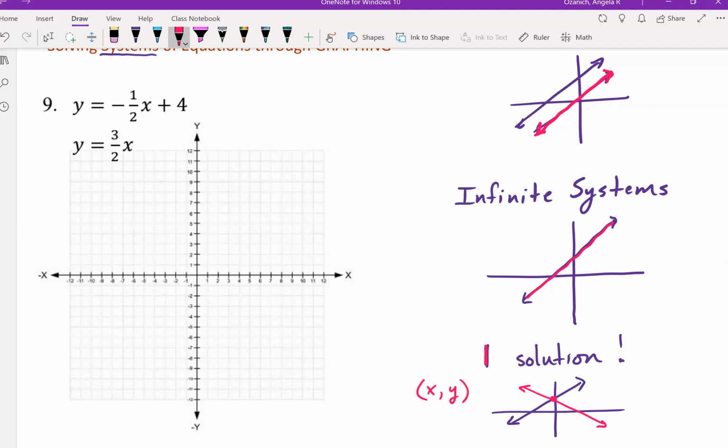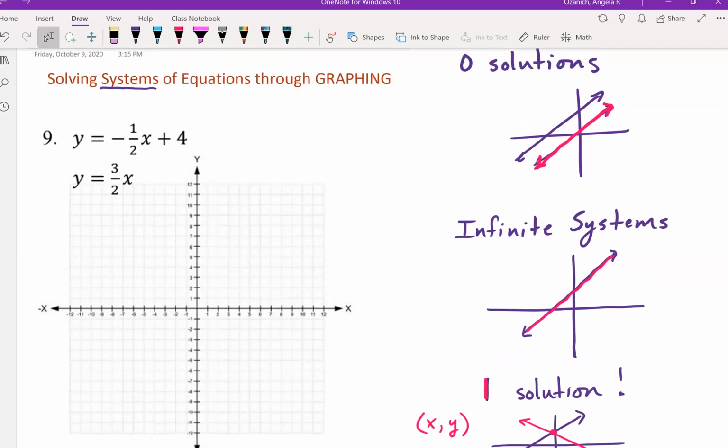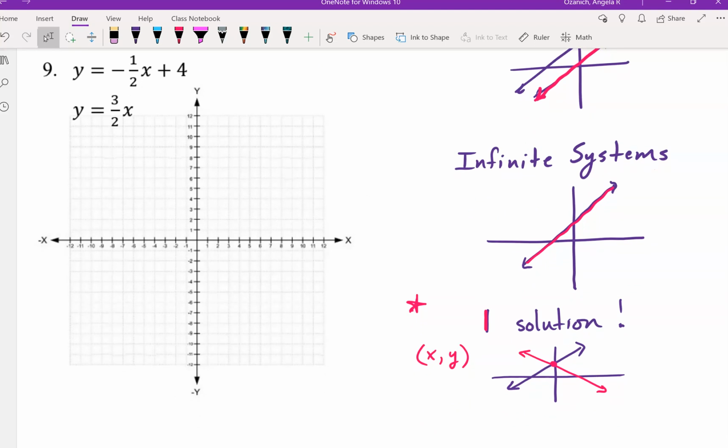Okay, so that's what we're going to be working on in this unit, is finding those situations where you might have no solutions, zero solutions, infinite solutions, or one solution. And most often we're going to play in this space of having just one solution, so that xy coordinate point where things intersect. So let's go ahead and do a little graphing